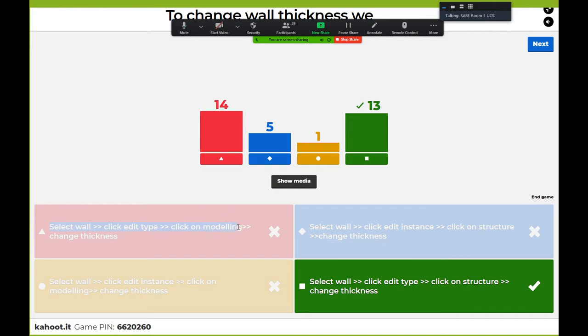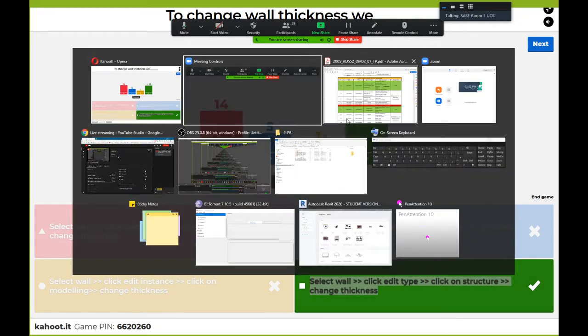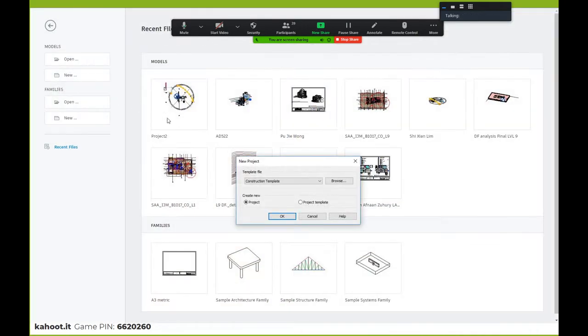We click on modeling. This one is not correct. We don't click on modeling. This one is correct. We select wall, we click edit type, we click on structure. There is an icon structure, and then we change the thickness. If you want me to show you quickly,